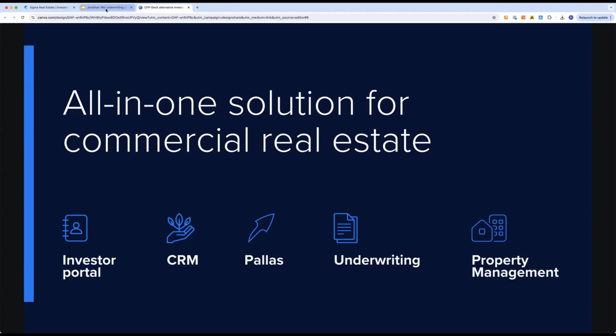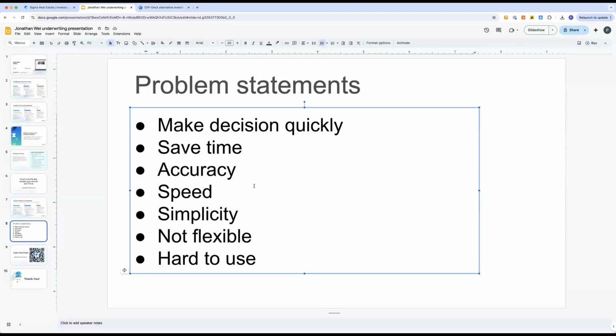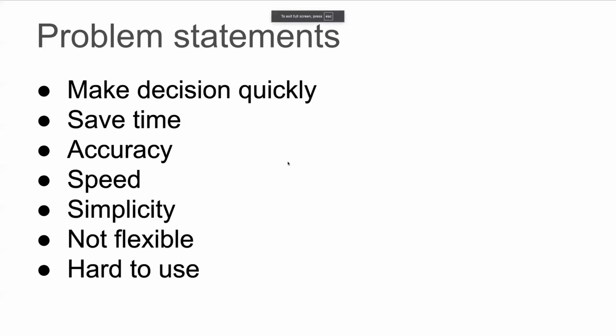Now, some of the problems, like you mentioned, for underwriting is a lot of our customers actually need to make a decision on underwriting quickly because they usually have a full-time job, or even if they are full-time in real estate, they are not full-time in underwriting. So they are underwriting on the weekends and at nights. And usually underwriting takes about 2 hours to parse all the data to just make a decision. And we want to reduce that 2 hours down to 20 minutes.